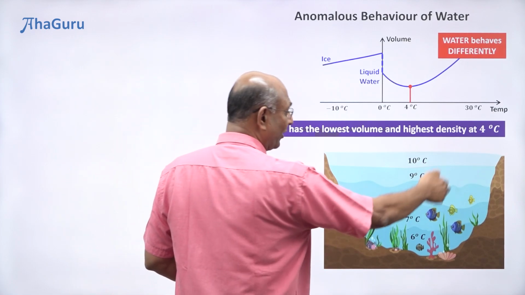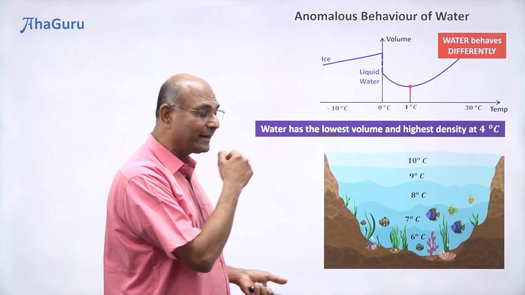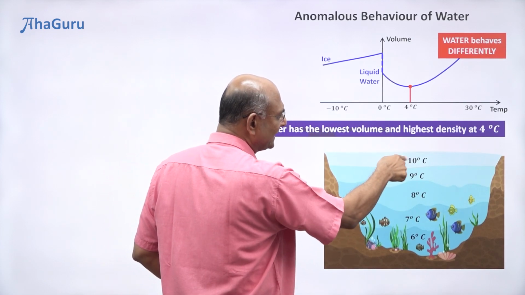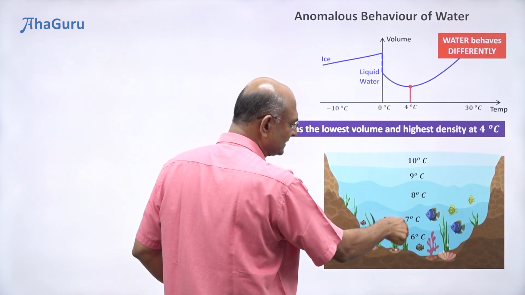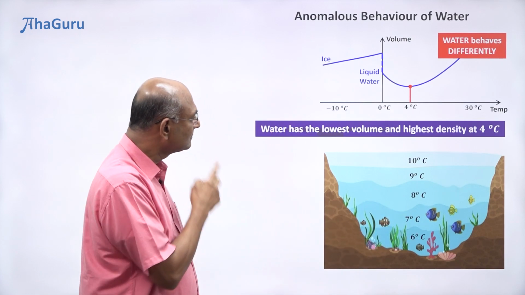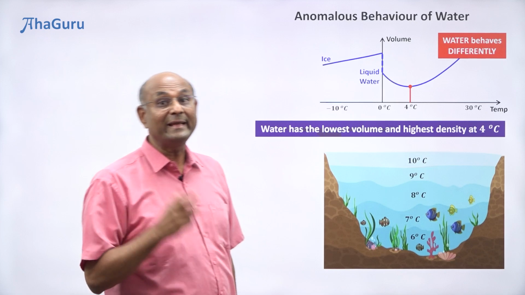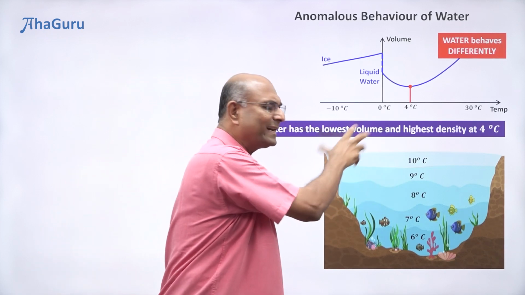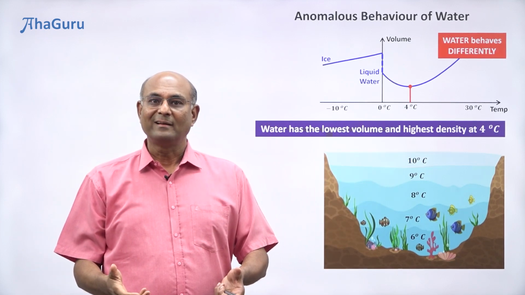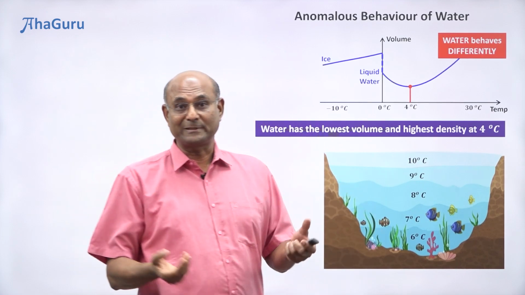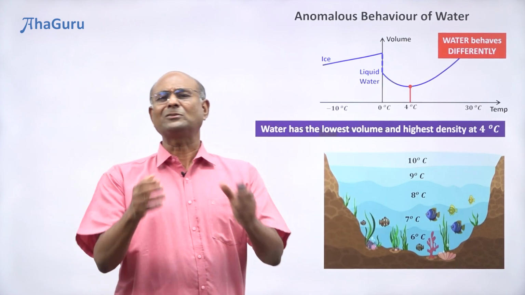So you can look at any water body. This could be the sea, this could be a lake, okay? Now, the temperature varies like this, 10 degrees Celsius, 9 degrees Celsius, 6 degrees Celsius. Why is this colder? Why is that warmer? Think. How does water in a lake get heated? Is the heat coming from the bottom? Well, it could, right? If there was some volcanic eruption or something, yeah, it could come from the bottom. But that's not how it usually happens.